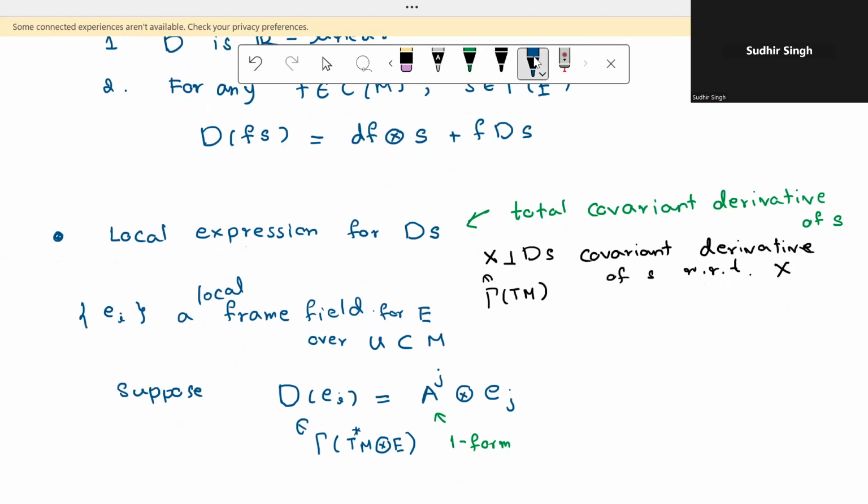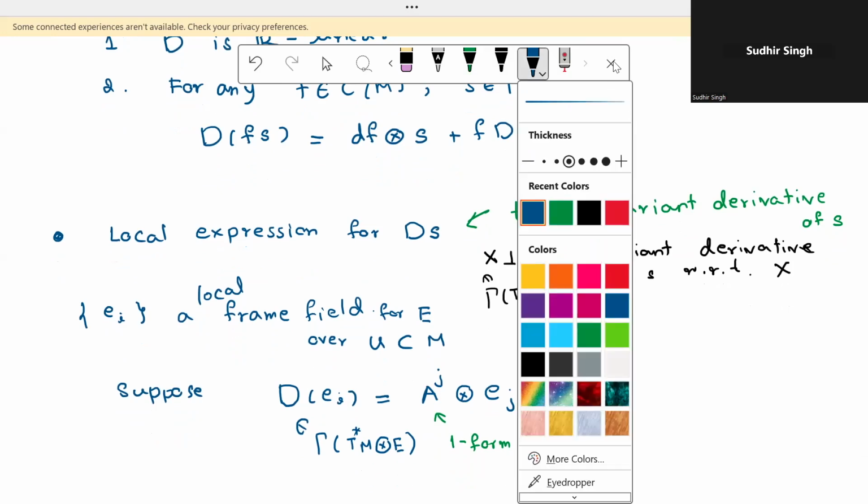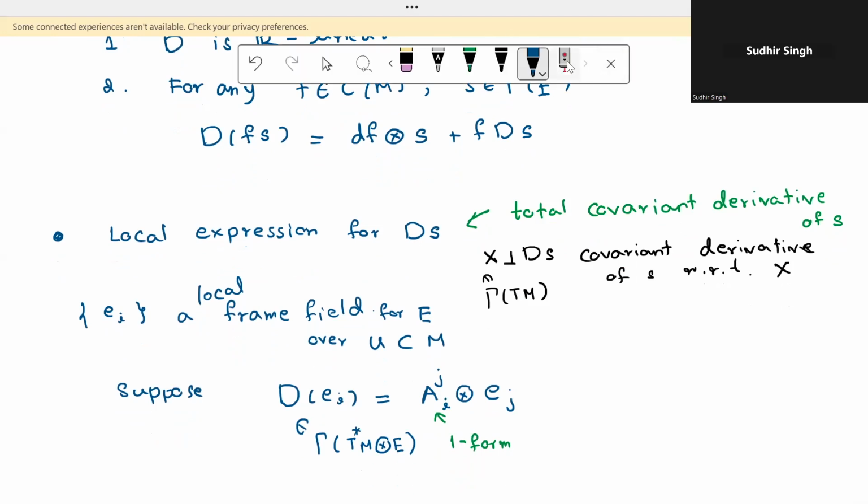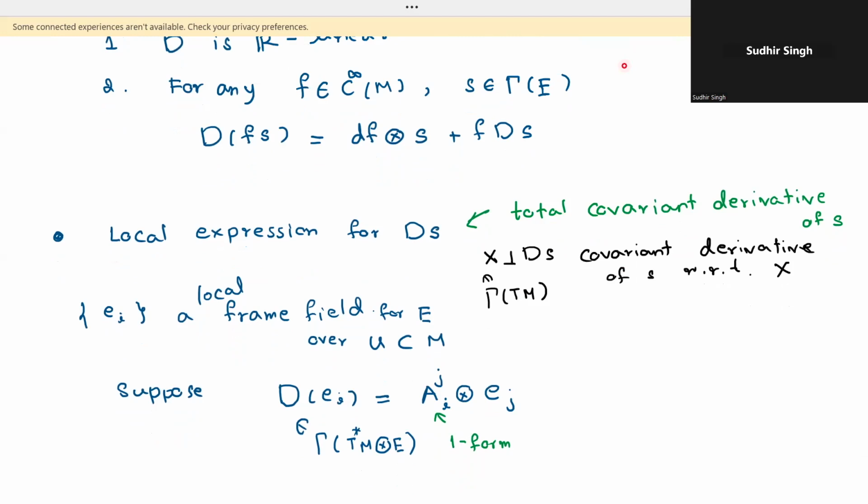But now I'm going to put one more subscript, I, here. So this J is a sum, and I just label that I'm looking at the covariant derivative of E_I. Okay, so suppose we have this, where these are some one forms. Then